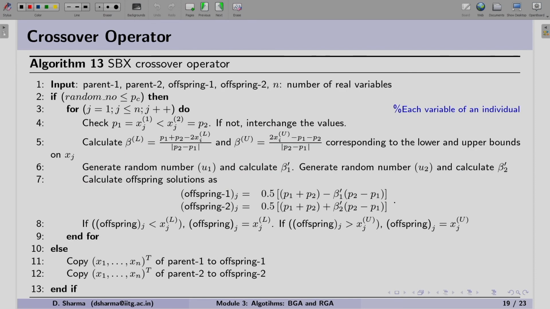Now let us come to the crossover operator. As we remember, we have to give the input to RGA, thereafter we have to evaluate it. This evaluation we are not discussing because it is the same as what we discussed with the implementation of BGA, that is binary coded GA.